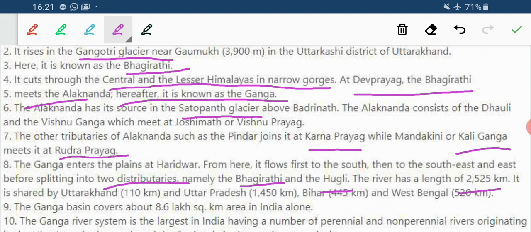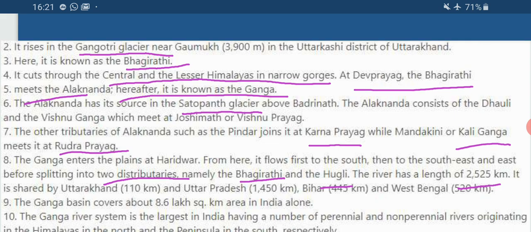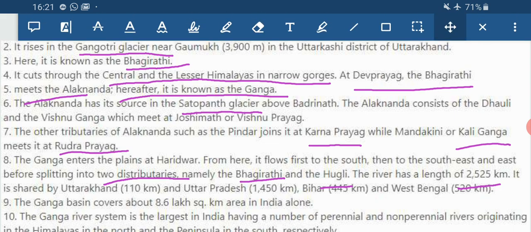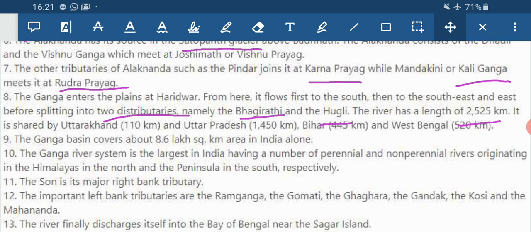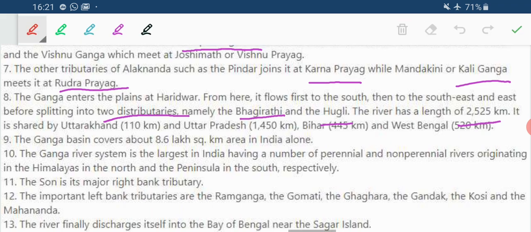Okay, so this is about river Ganga. Now, there are some other features also related to it. The Ganga river system is the largest, as I said, and the Son is the major right bank tributary. Okay, the tributaries of the left bank are Ram Ganga, Gomti, Ghagra, Gandak, Kosi, Mahananda, and the river